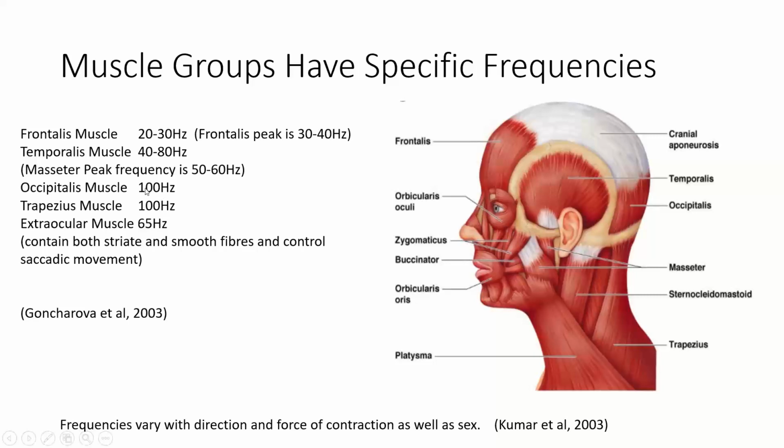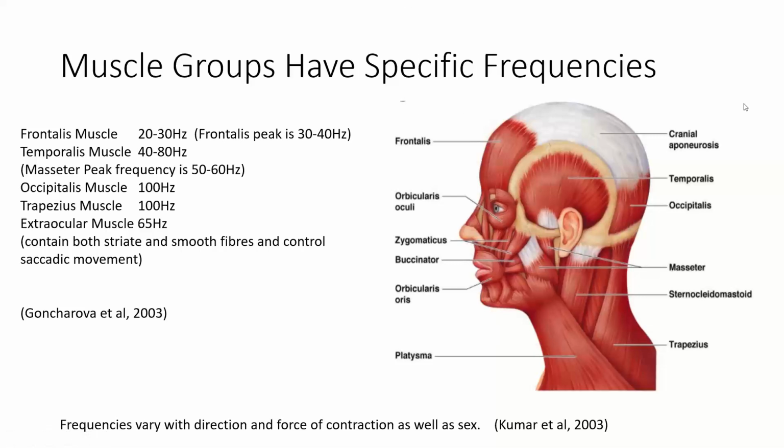We'll get into that. In the back, when people talk about muscle tension in the back, they're stretching those muscles and they're tired. That's 100 hertz. Well, we don't even measure that. How do we get that? Well, we measure it in our software through the subharmonics. Extraocular, trapezius, shoulder tension. That shows up more in the 100 hertz. How do we measure that again? We capture it through the subharmonic in our filters. Extraoculars at 65. So those are the different frequency ranges, and this will be posted. You can go up and look at this again on YouTube.